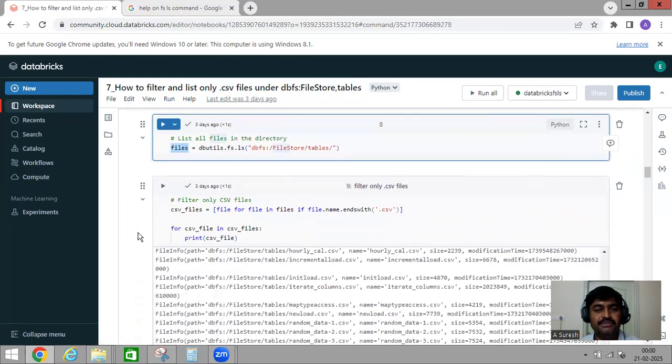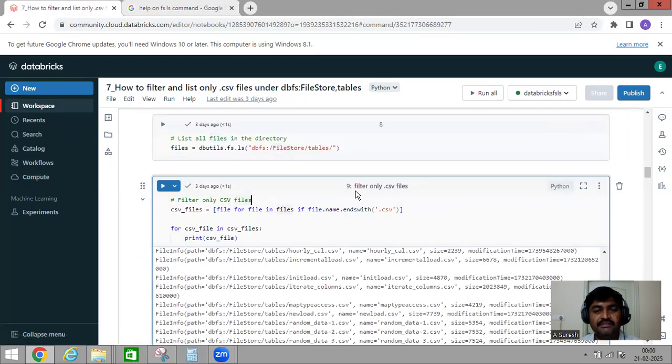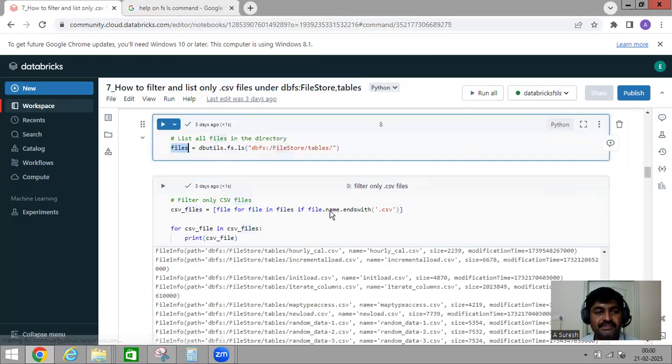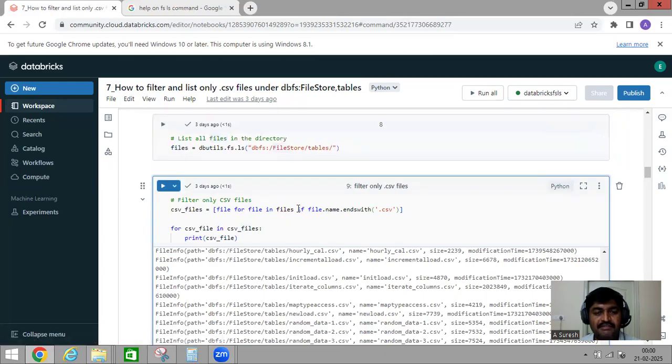Next, for filtering only .csv files, I'm using a list comprehension. In this I'm using a for loop, for file in files. That means I want to iterate, and I've given the condition if file.name